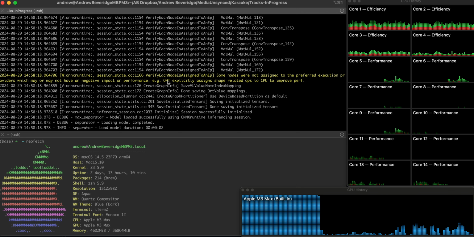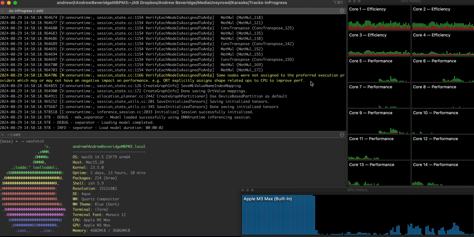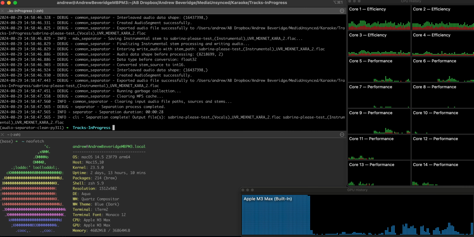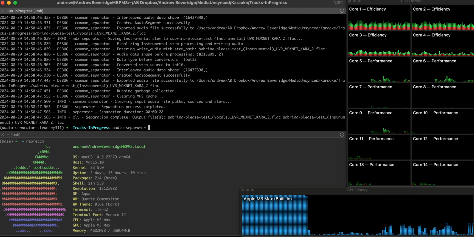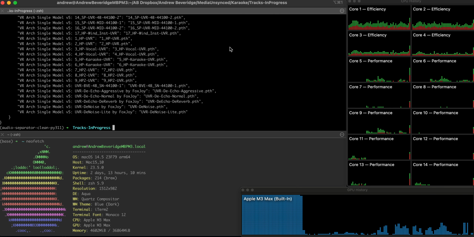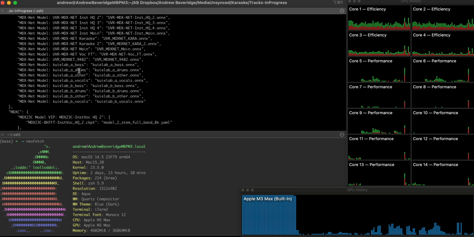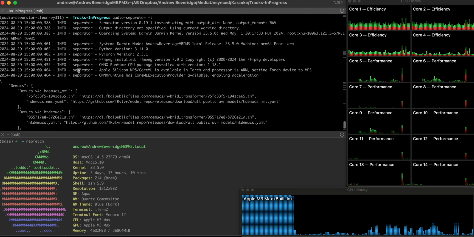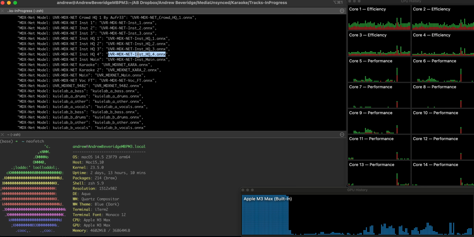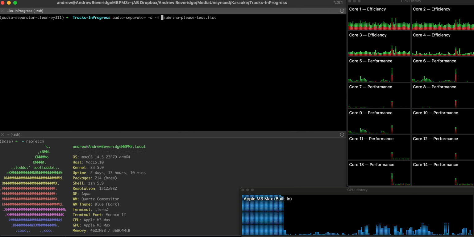ONNX runtime will fall back to using the CPU if it can't fit a certain shape into the number of nodes available to it on the GPU. I'm going to try one more model just to test something. So if I list models, there's another MDX model I wanted to demonstrate, which is inst HQ4. So if I run this again,